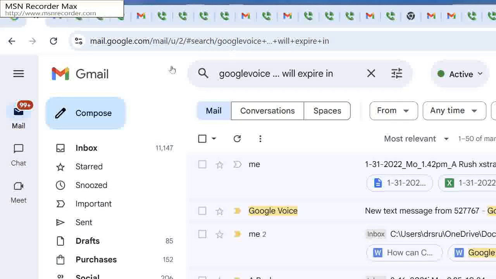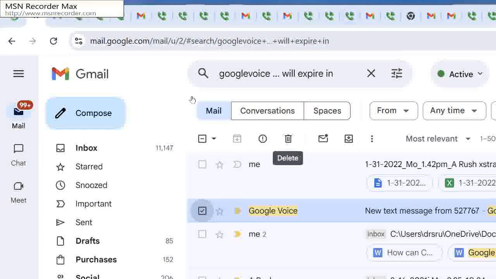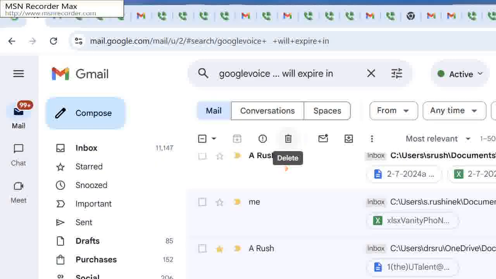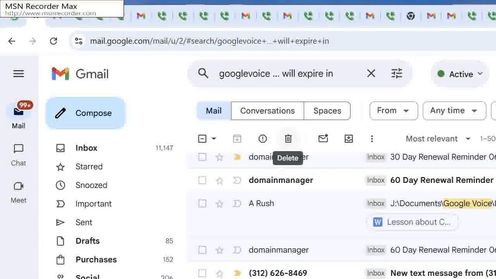I want to look at the rest of them. See some more spammies that I need to delete. And here there's a whole bunch of them, spammies.